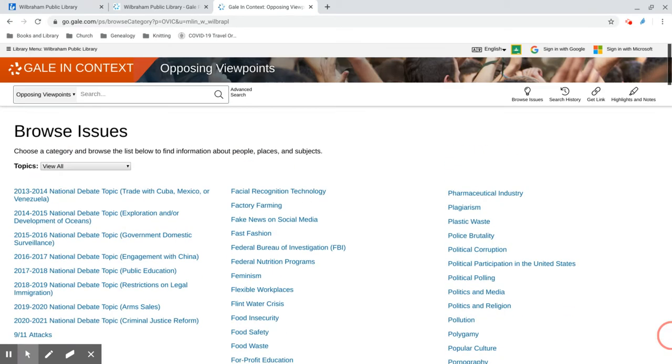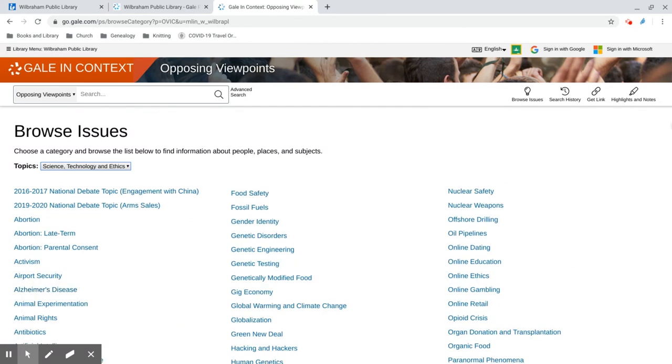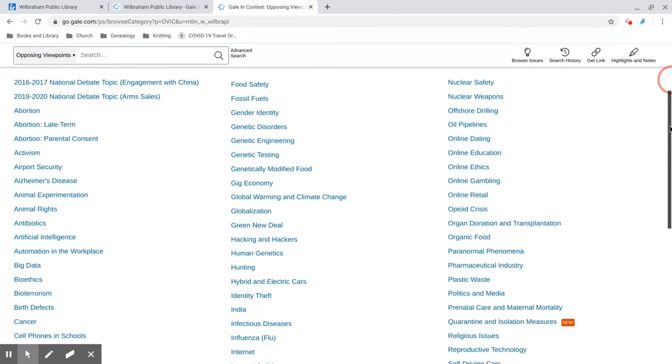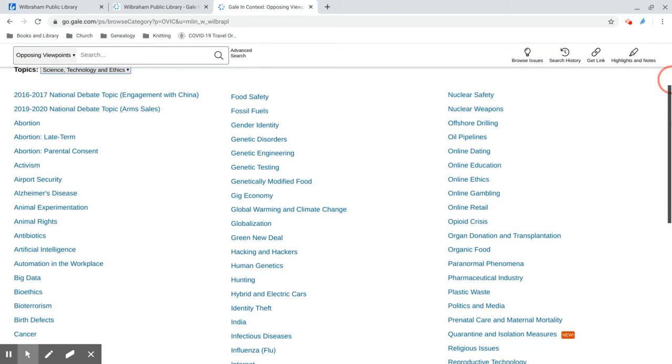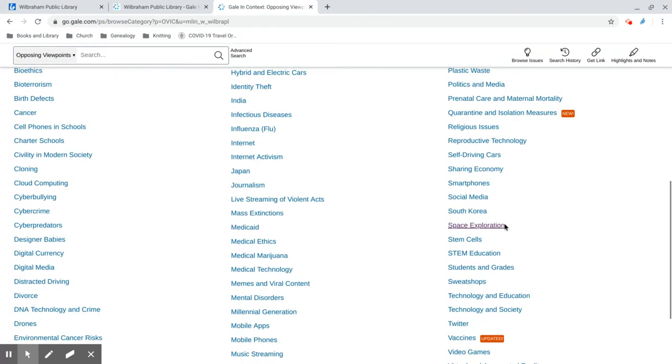Back at the top, this drop-down menu on the left allows us to look at only the new and updated or further break down the issues by topic. So if I limit to science, technology, and ethics, now I have a much smaller list of topics that fall under that heading. So if I were to click on space exploration,